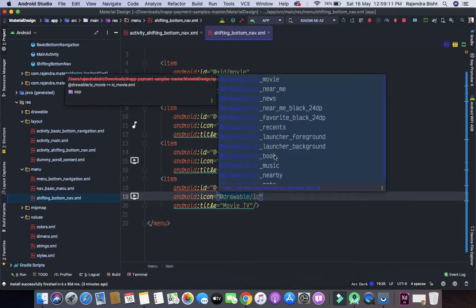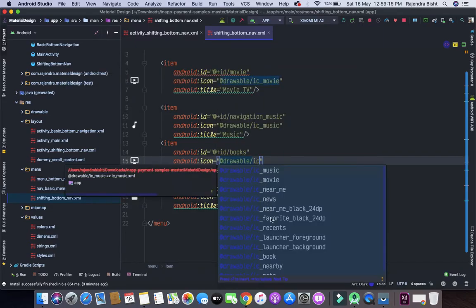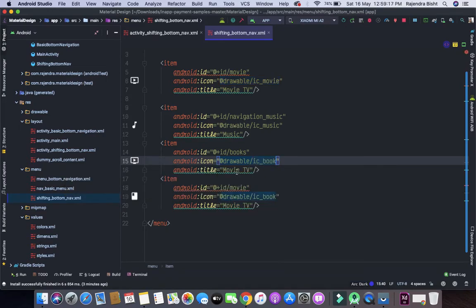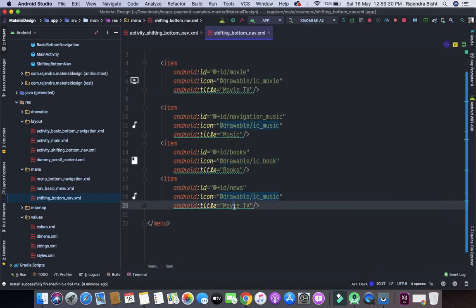IC book, and the title should be books. And the fourth one is, let's say, news. IC news, and the title should be, let's say, news.